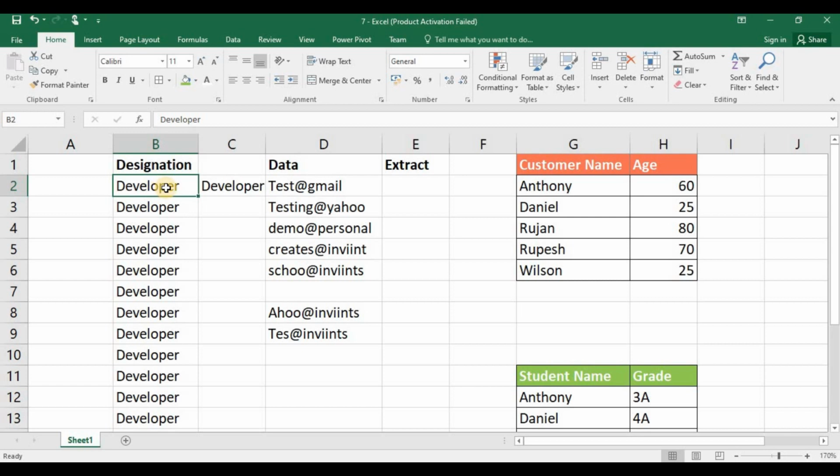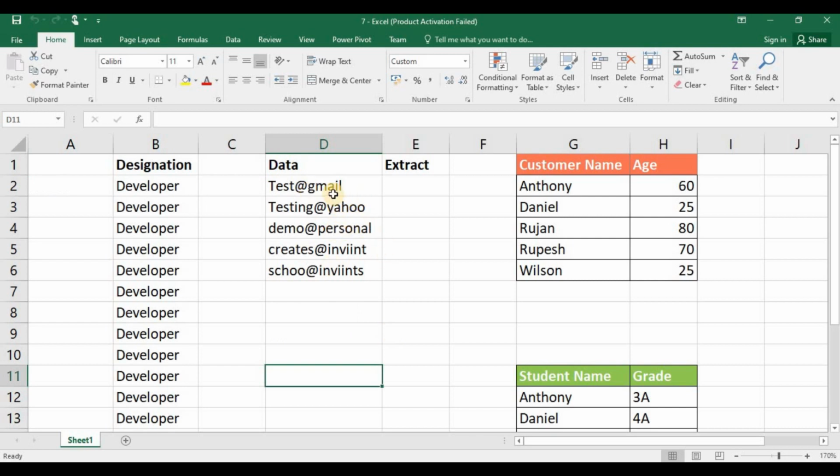There is no such shortcut to fill data to left and up. But we can do it without a shortcut. First, select the cells you want to fill the data. Go to Home tab. Under Editing, click on this Fill, then Fill Left. See, the data has been filled to the left. Same way, you can drag data up.